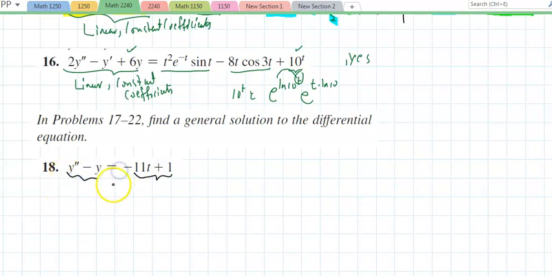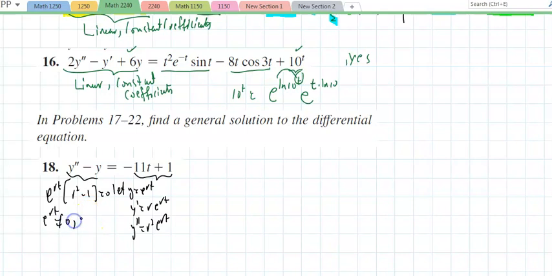This is a second order linear differential equation. Let y equal e to the rt, y prime equal r e to the rt, y double prime equal r squared e to the rt. I have e to the rt multiplied by r squared minus 1 equals 0. So e to the rt can never equal 0. It must be that